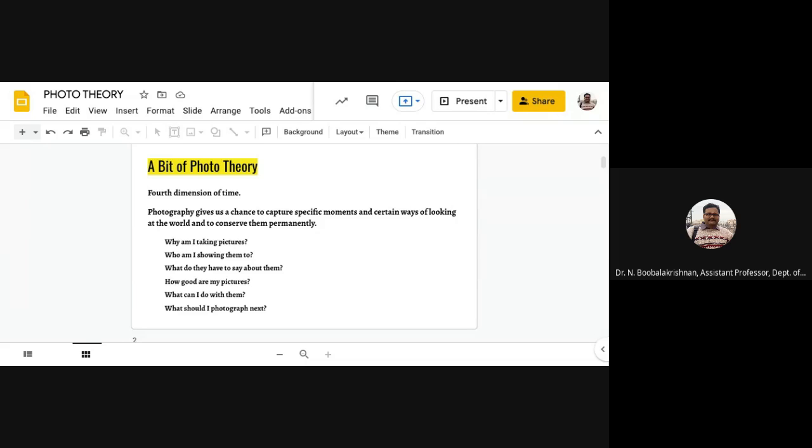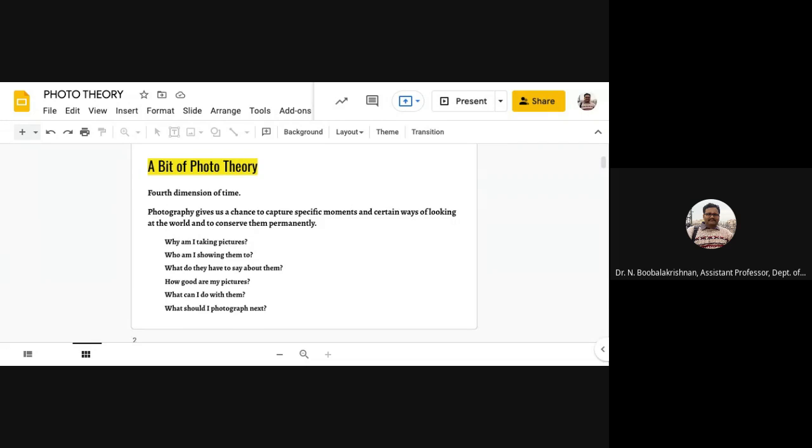If anybody says anything, you won't believe, but if they have shown the photographs, then it is real. So the fourth dimension of reality is time, where photography gives us a chance to capture specific moments and conserve them permanently.